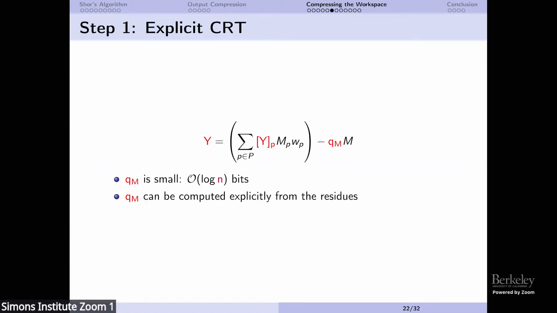The first step is to go back to the CRT formula, where we have these cofactors, and then y can be written as a sum of all the residues multiplied by cofactors, pre-computed constants. And then it was mod big M, where M is a product of all the primes, if you remember. And we write this in an explicit way. This is also a well-known classical technique. If you do that, then you will have some quotient here that you need to compute. And it happens that this quotient is both a small value, so it's fine, it fits in memory. And also it can be computed explicitly from the residues. And that is also nice, because then we're also reducing this to computation of the residues.